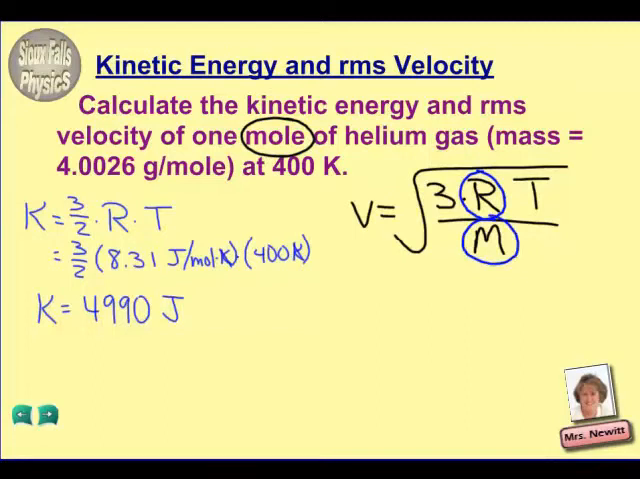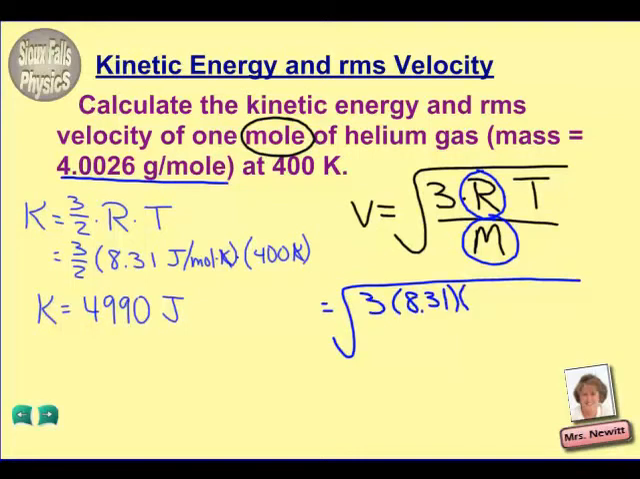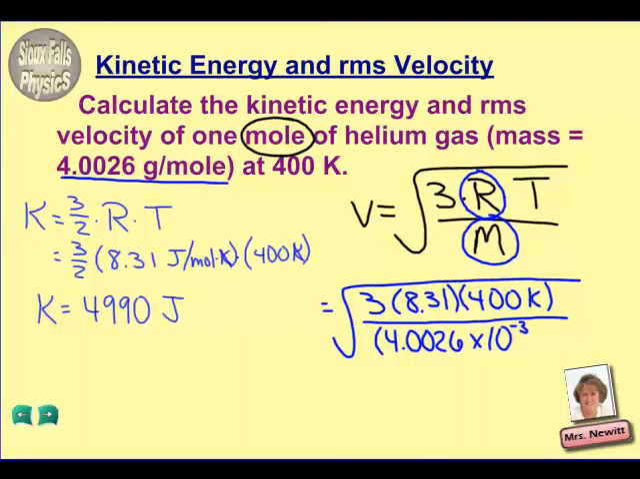Now, in our information, it reminds us that for helium, our mass is 4.0026 grams per mole. In doing this equation, however, we will need that in kilograms. So as we write this out, we will be using 3 times 8.31 times our temperature of 400 Kelvin, and then divided by our mass, which in this case is going to be 4.0026 times 10 to the negative third, because that will